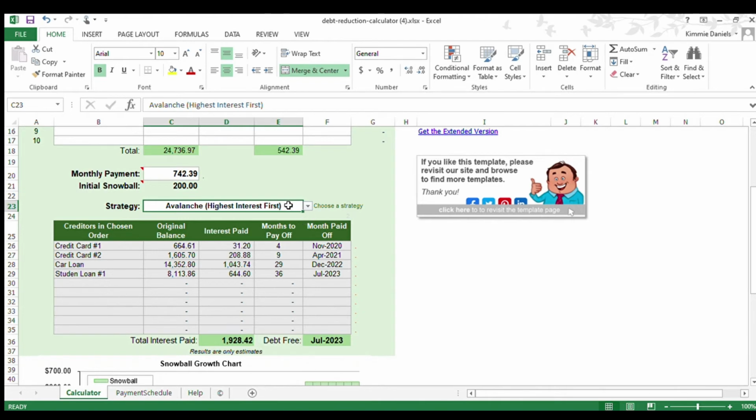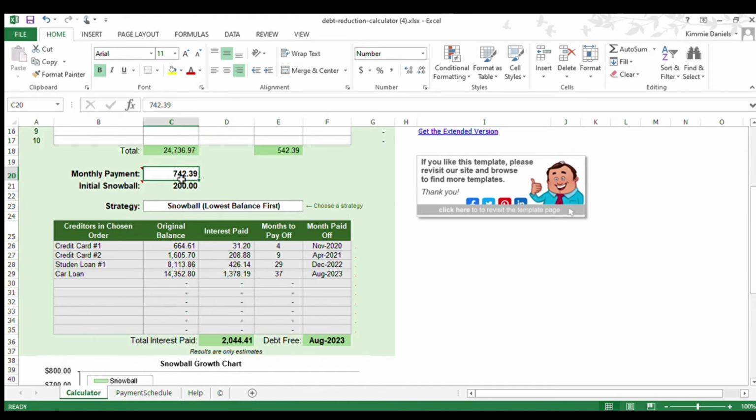Alright, so now let's go back to Snowball, and I'm going to put in an extra $500. So say I have more income, or I go through sinking funds and different expenses, and I either wean them out or decrease the budgeted amount towards, say, a grocery budget or a clothing budget if you have that set aside, and just eliminate unnecessary expenses.